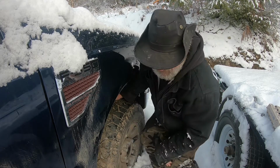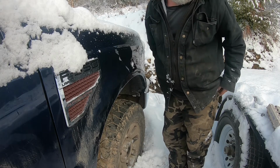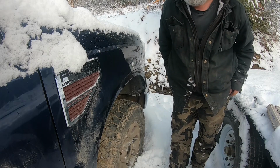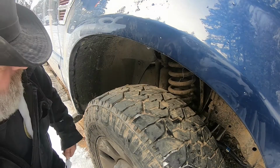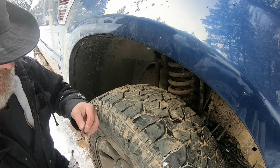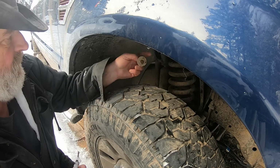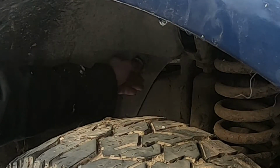Aha! I'm not sure about the mud flap, but well, I'll see if I can get a couple of screws in. Okay, so what I'm going to do is put this far to the back. I don't know if the camera's going to get to there or not, but I'm going to put it in first and just not tight. I won't tighten anything until they're all kind of in place, or as many as I can fit. As long as the fender doesn't fall out,